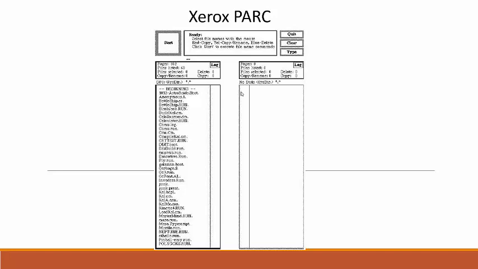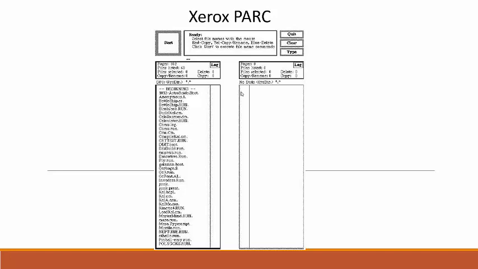PARC is the Palo Alto Research Center, a facility owned by Xerox. And there they saw the graphical user interface that was developed by the scientists there, stole it, and made this incredible product out of it we now know as the Macintosh. That's not completely true, but some of it is.